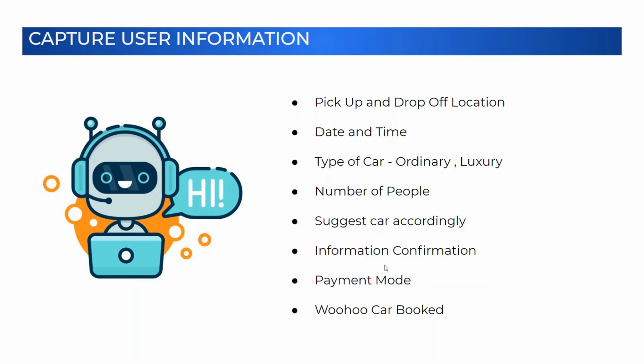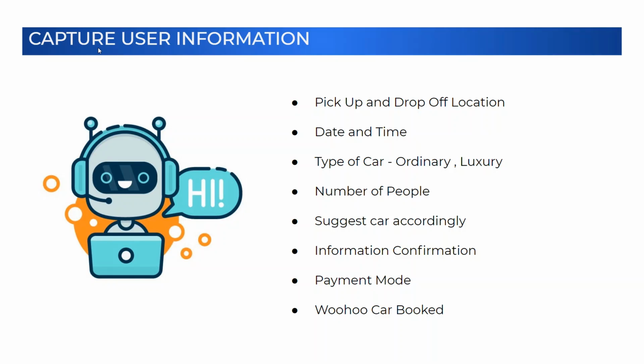Do they want an ordinary car or a luxury car? How many people are traveling, right? Because as per that, you will suggest the cars accordingly. Then once all this information is captured, we will tell them what type of cars we have, and then the user would make a choice. We'll confirm all the information that has been given by the user. Once information is confirmed,